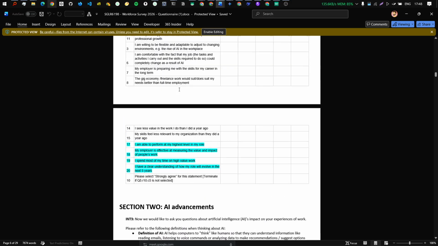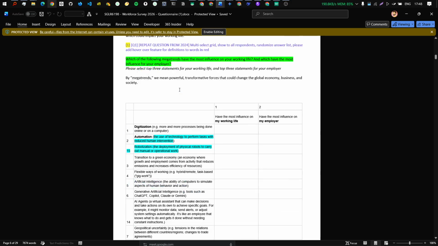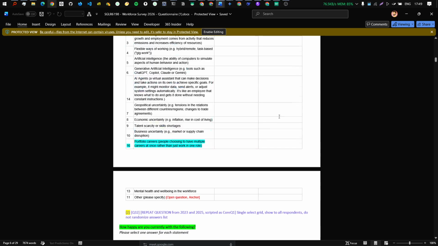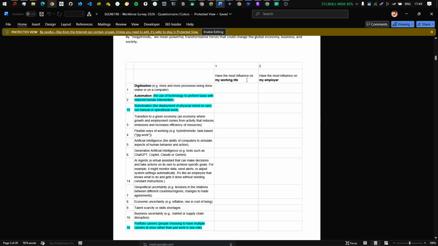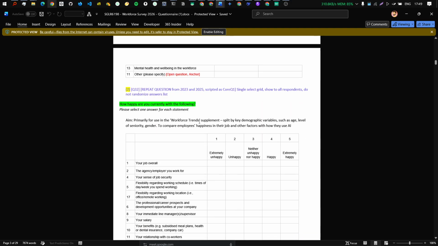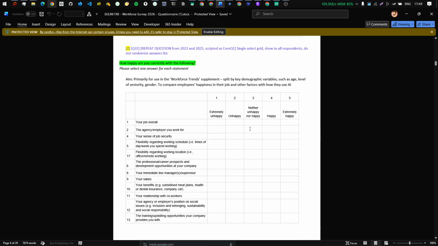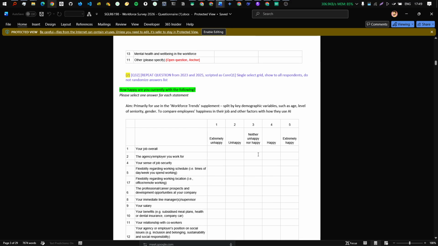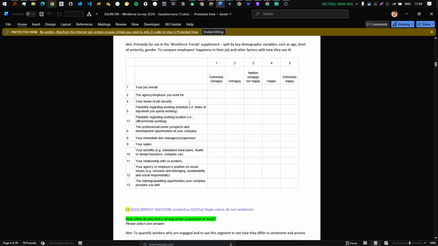ये वो सेक्शन है, इसमें शायद 2 या 3 सेक्शन हैं। पहला वर्कफोर्स से रिलेटेड क्वेश्चंस हैं, कि आपके एम्प्लॉयर के साथ आपका एक्सपीरियंस कैसा है, आपकी वर्क लाइफ कैसी है। और क्वेश्चन है कि आप अपनी जॉब से हैप्पी हैं, अनहैप्पी हैं, एक्सट्रीमली हैप्पी हैं। तो इसके अंदर जो ये सेगमेंट है, योर ओवरऑल जॉब एक्सपीरियंसेस, आपको हैप्पी, एक्सट्रीमली हैप्पी ही लेके चलना है, पूरा पॉजिटिव नोट पे।